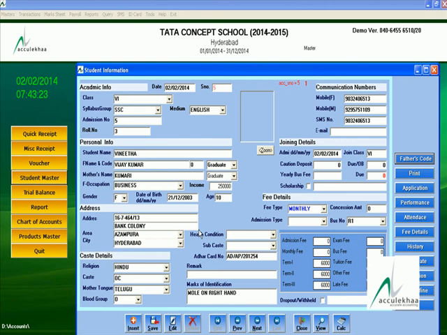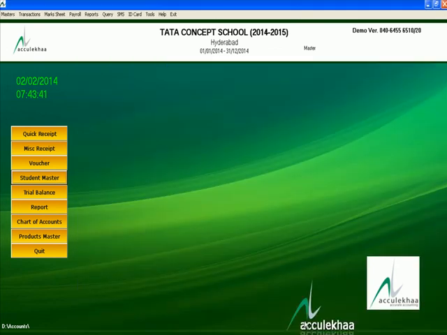And suppose you want a list of all the students, or you want to check in total how many student data you entered, or you want to check class wise how many male child and female child are there.